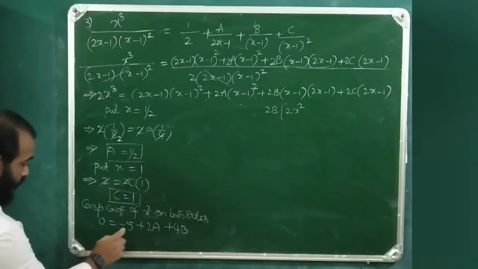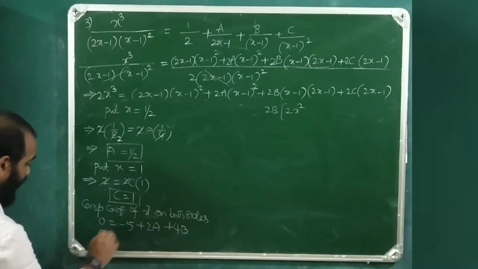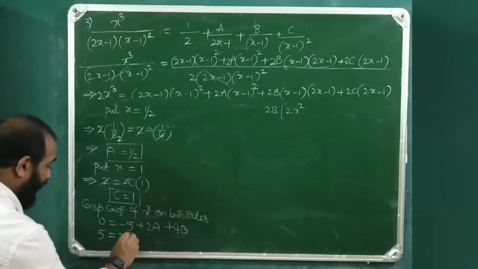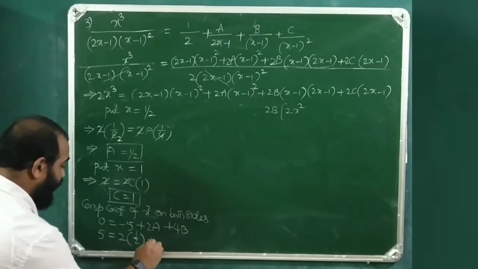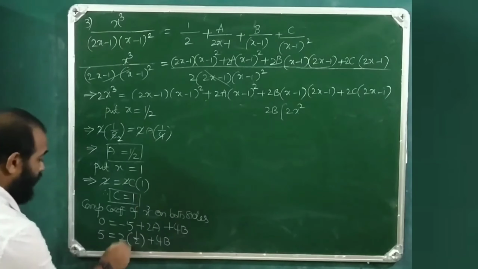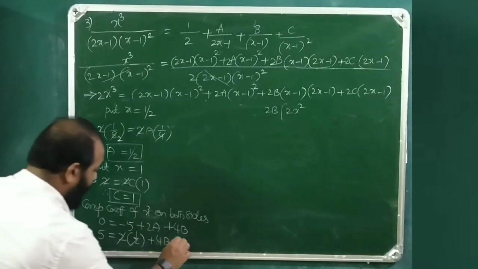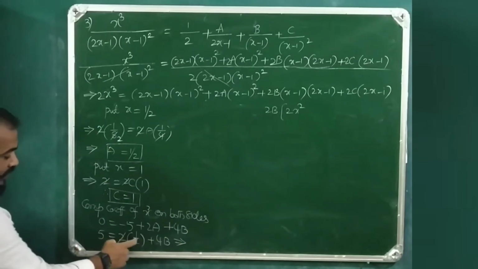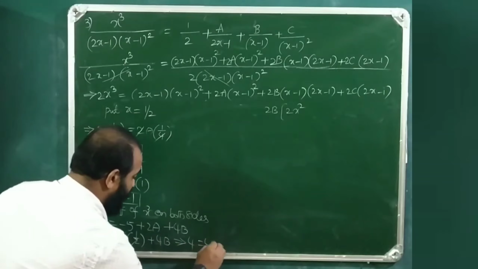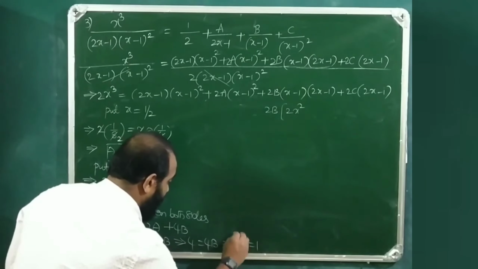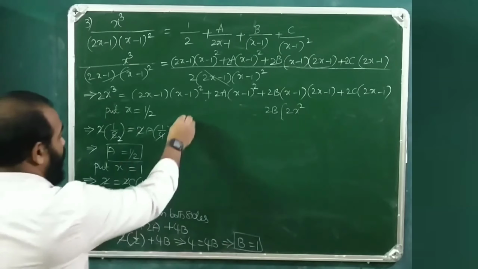So this is equal to minus 5. If you transpose plus 5 onto this side, it is equal to 2 into the value of a, which is 1 by 2, plus 4b. So 2 gets cancelled. This plus 1, if you transpose onto this side, 5 minus 1 is equal to 4. So 4 equals 4b. From this, b is equal to 1. Therefore,